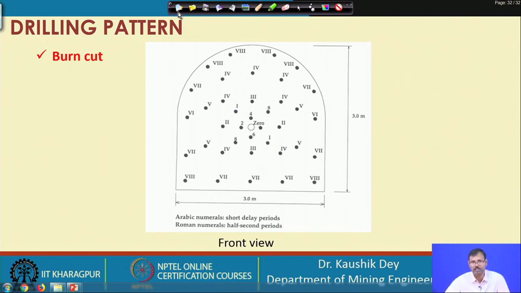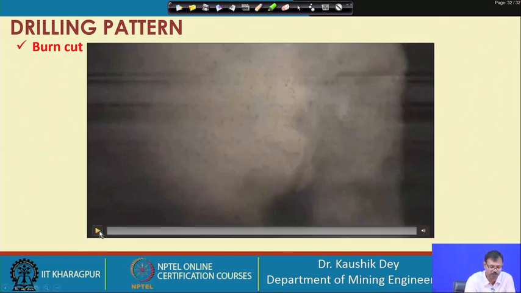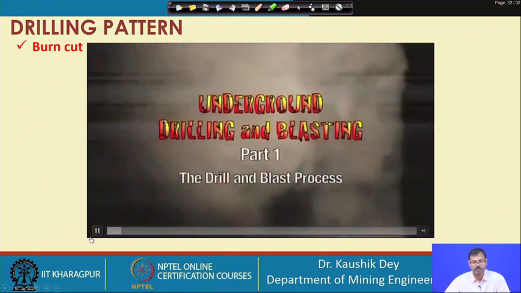In fact, theoretically burn cut can be designed up to infinite drilling length, but that may be supplemented with that infinite diameter of empty hole also. So, that is the essential requirement. That means, the drilling length can be designed suitably with suitable design of the empty dia hole. Let us observe the basic of this burn cut in this video.